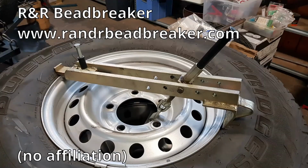So what we carry with us is a thing called an R&R bead breaker. It both breaks the bead, and with tyre irons you can take the tyre off the rim and repair it, and you can also use the R&R bead breaker to put the tyre back on the rim. It is very simple, it's very small, it's a very compact device, and it weighs somewhere in the vicinity of